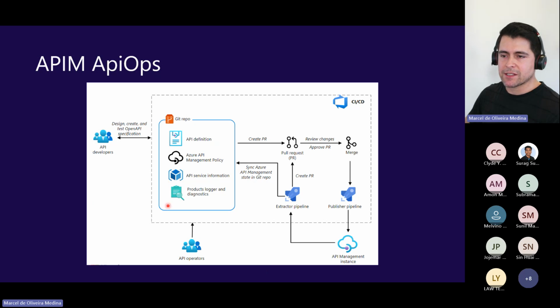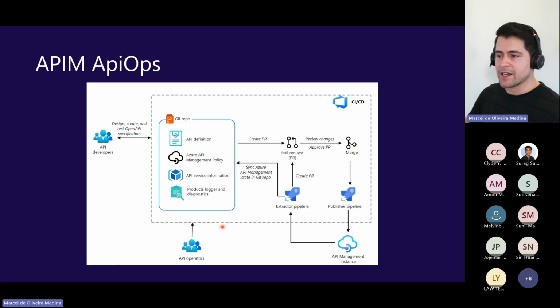It's interesting that we are leveraging declarative objects, right? So through configuration, we have XML and JSON files stored under the Git repo.